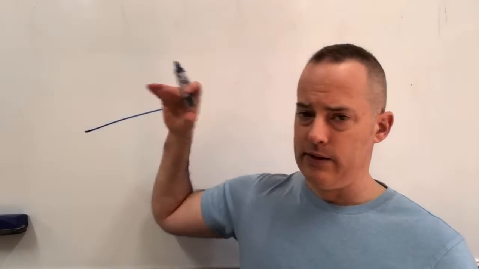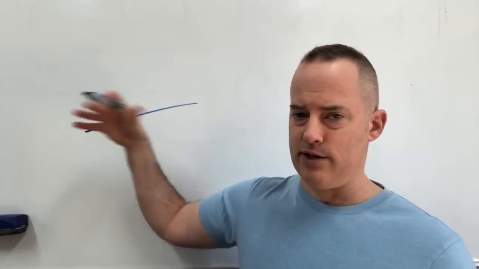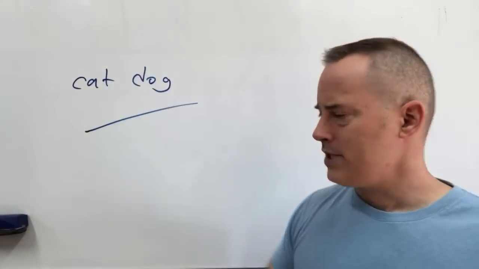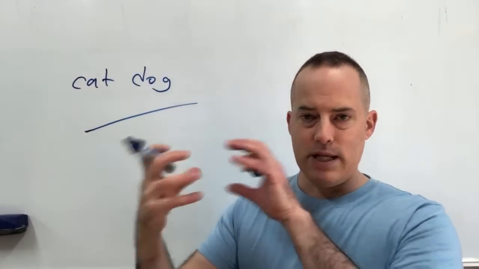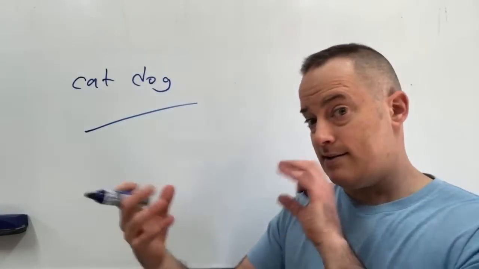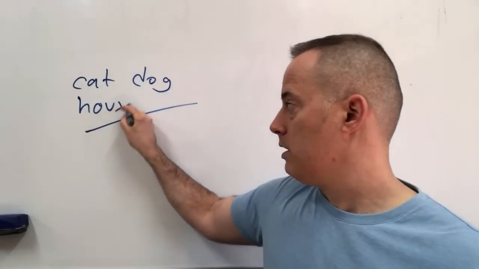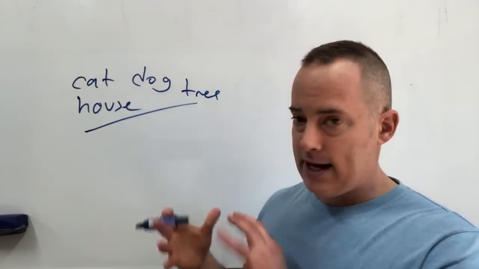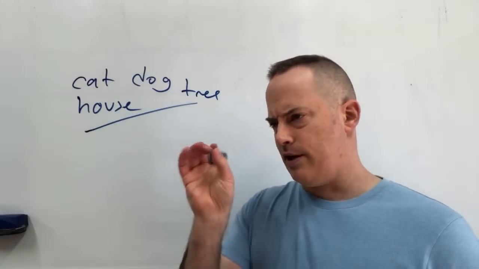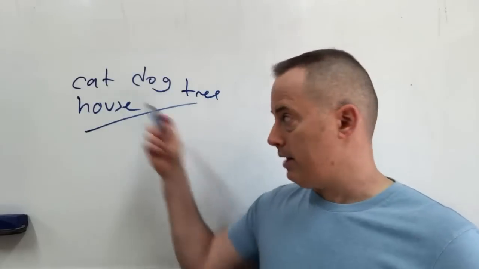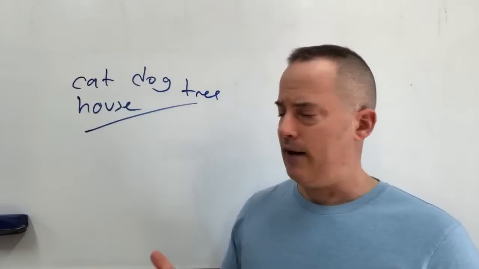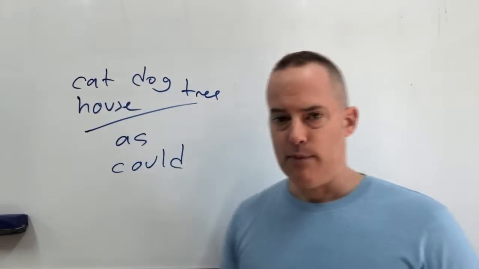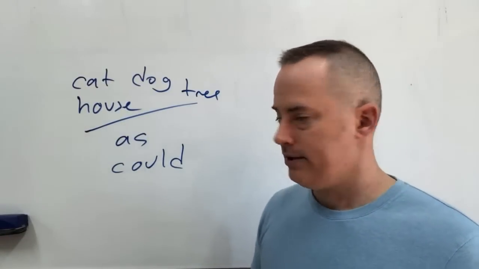So the first one is simple things that maybe you can understand just by seeing them. So if I have a word like cat or dog, it's easier to understand those and make a connection because it's a physical object or something I can see easily. So a house or a tree, these are those kinds of words. But you might have more difficulty with using something that doesn't just have a specific meaning, or you might have something, like the word like as or could, which might have a more abstract meaning or be more difficult to understand.